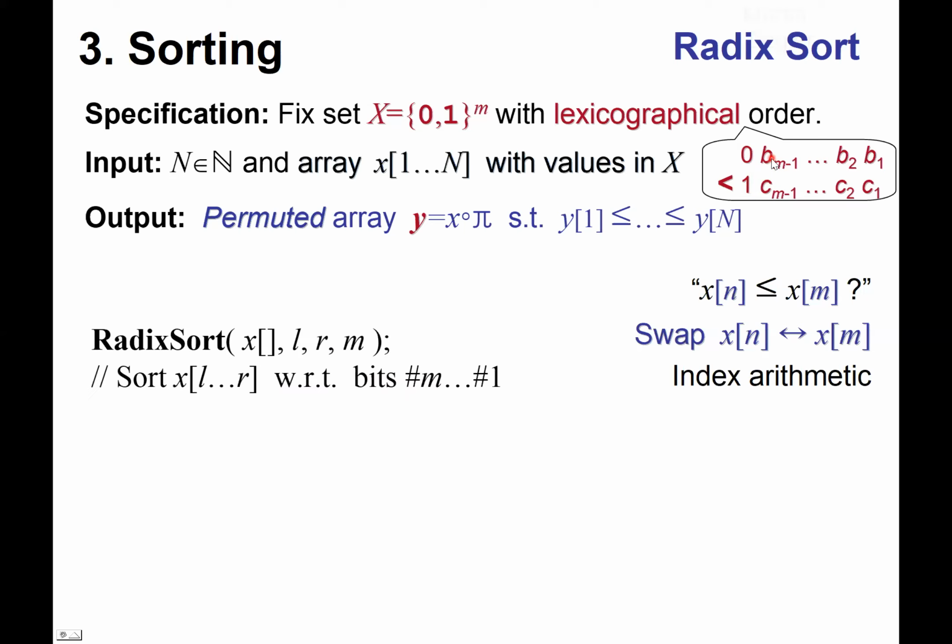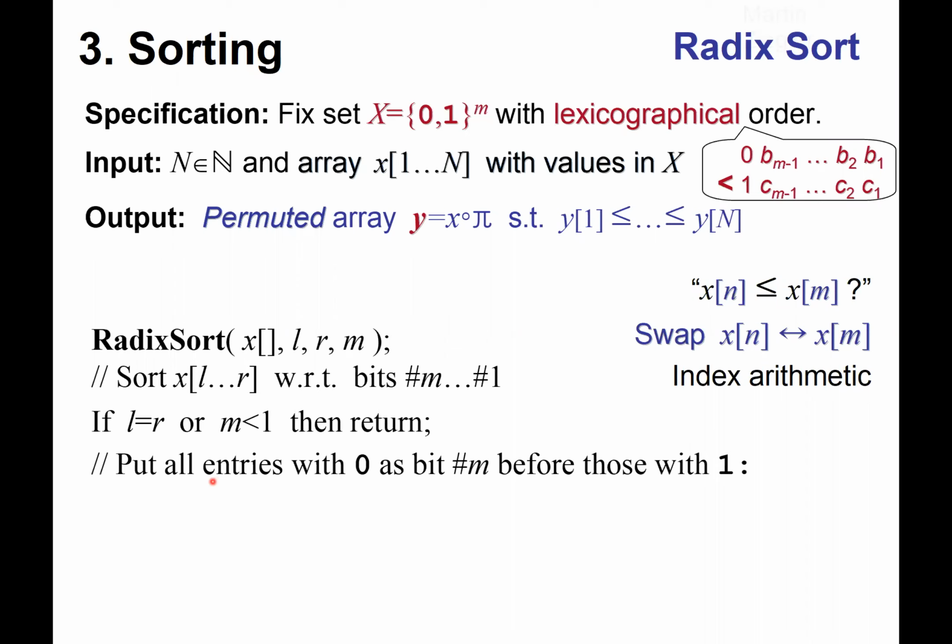And Radix sort is another linear time sorting algorithm, non-comparison based, which uses the non-comparison based primitive of looking at individual bits in this special kind of data, bit strings. So this is a kind of recursive algorithm. It looks like a recursive algorithm, but it can easily be unrolled. I'll get back to that when we analyze the performance of the algorithm. And the algorithm first looks at the most significant, the leading bit,